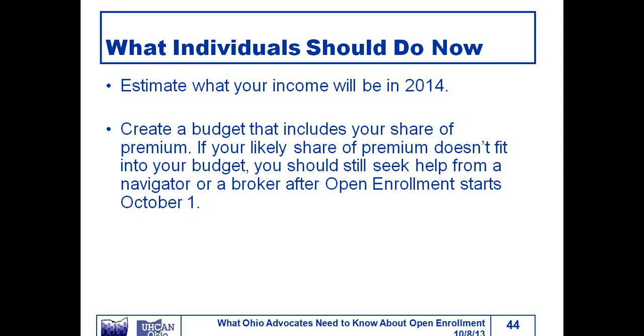You can estimate what your income will be in 2014, and also pull out your tax return, your most recent one, and your pay stub so that you have current income information. And then you can also create a budget that includes your share of premium. If your likely share of premium doesn't fit into your budget, you should still seek help from a navigator or